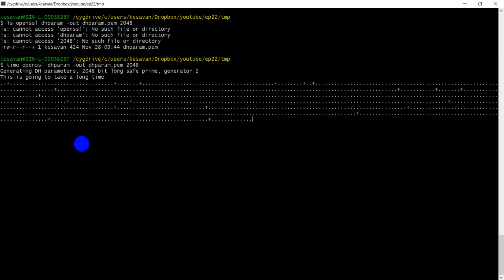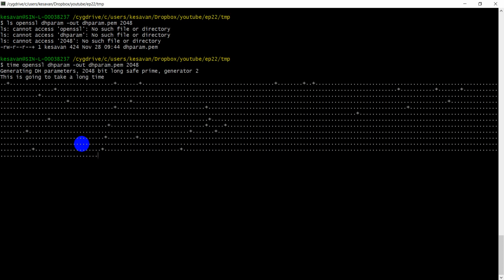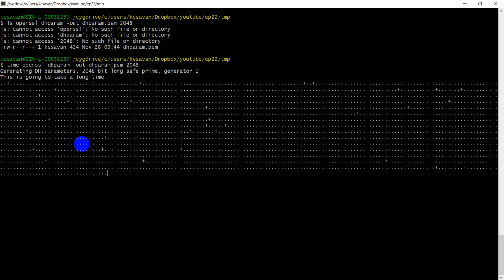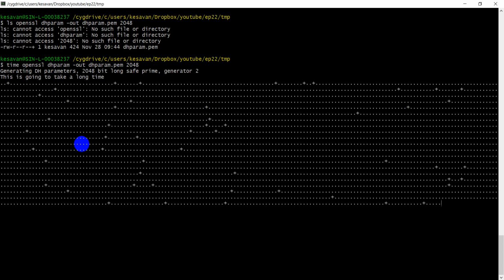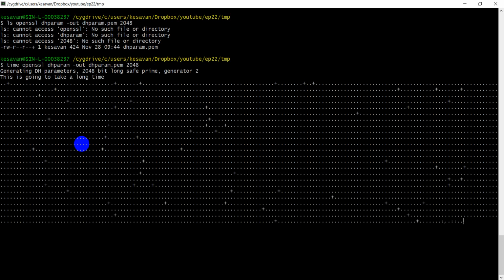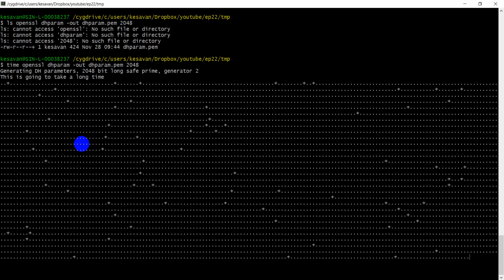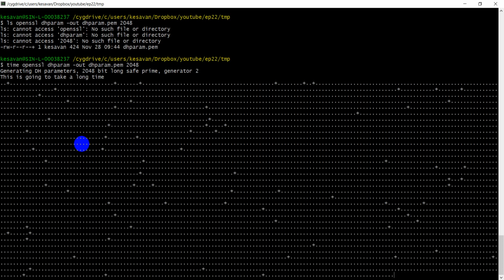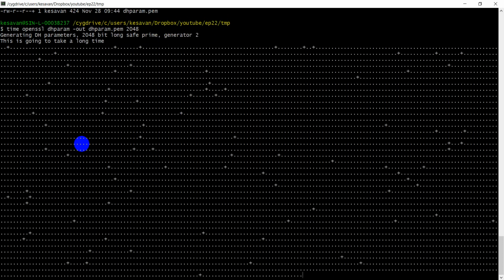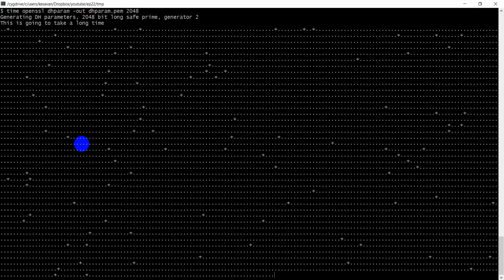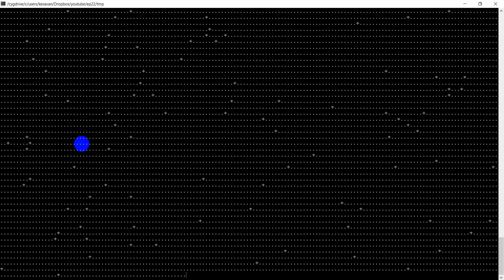So it will take some time. Okay. It is generating the prime number P, a safe prime number P. Sometimes it will just end in like 5-10 seconds. Sometimes it can even take 2 minutes, 3 minutes. Sometimes it can even take 20 minutes. That's why I told you GP generation is a very time consuming operation. So practically it is not possible to generate GP for every single incoming connection. So most of the servers generate it offline and reuse it for multiple incoming connections. Just for practical reasons.